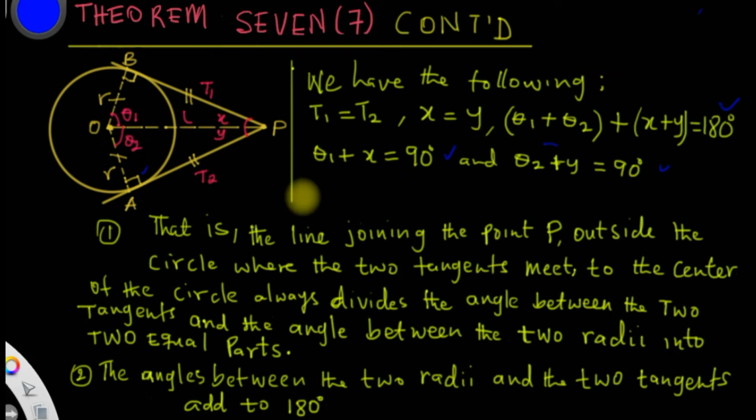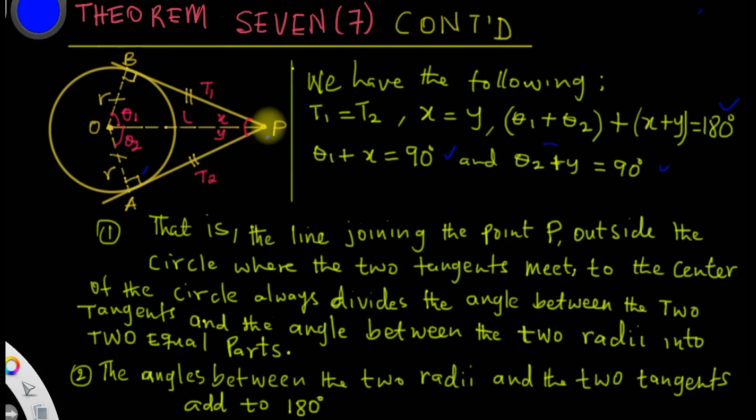So this is just an explanation of what we have just said. We are trying to write what we have said in words. So we are saying that the line joining the point P, outside the circle, where the two tangents, PB and PA, meet,